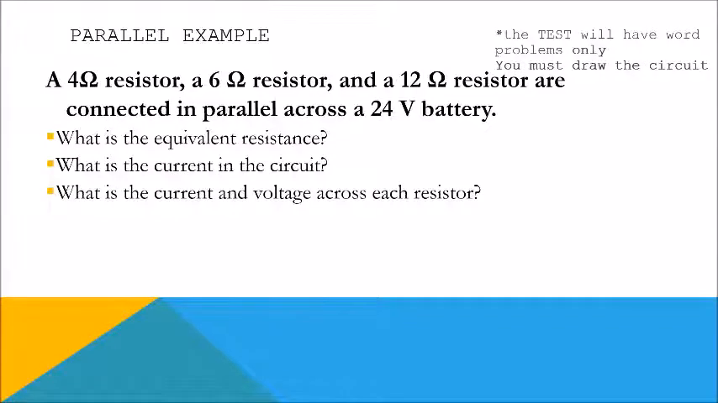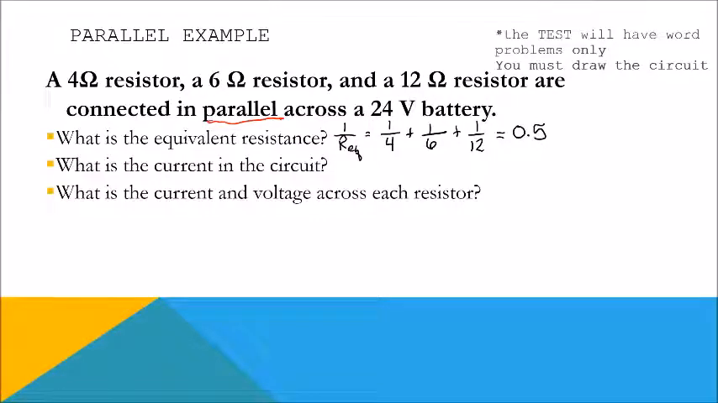Notice this is the same 3 resistors and the same battery, but this time they're connected in parallel. What is the equivalent resistance of the circuit? So we have the equivalent resistance equals 1 over 4 plus 1 over 6 plus 1 over 12. And if you plug those into the calculator, it comes out as 0.5. But remember,